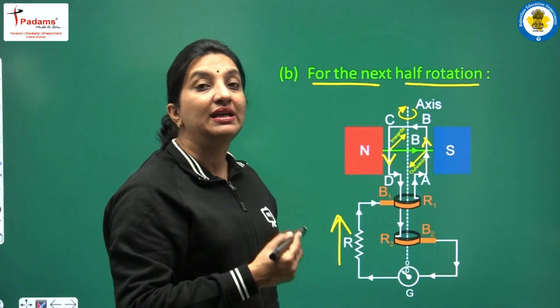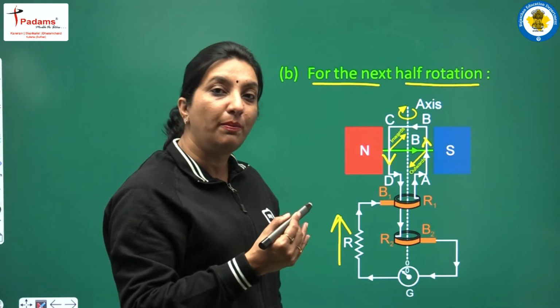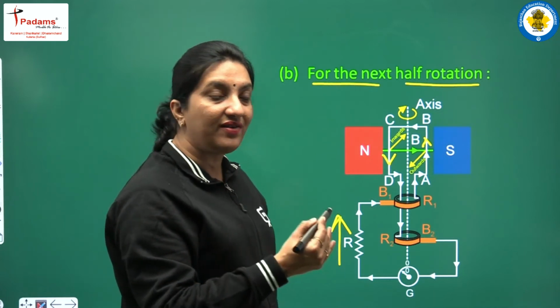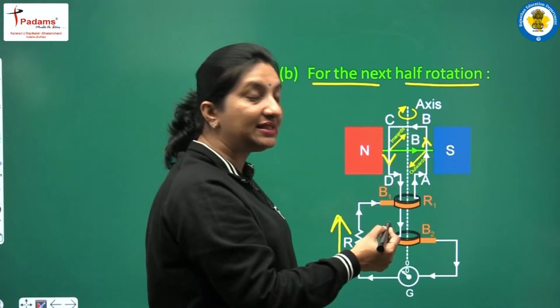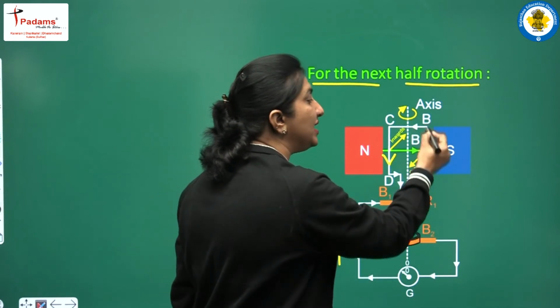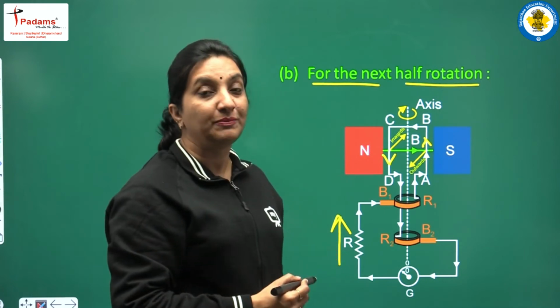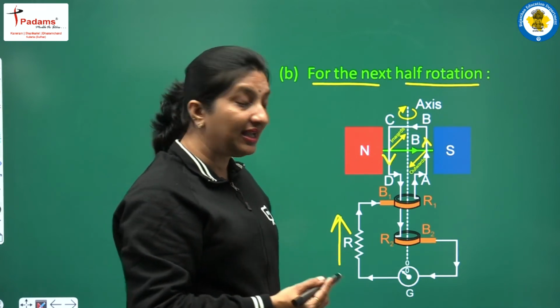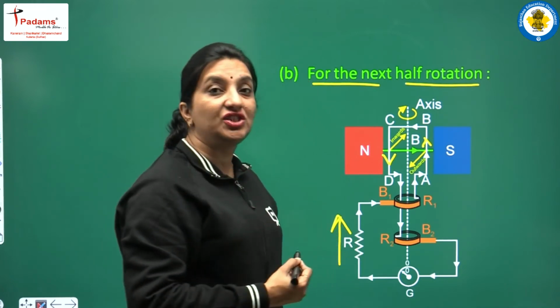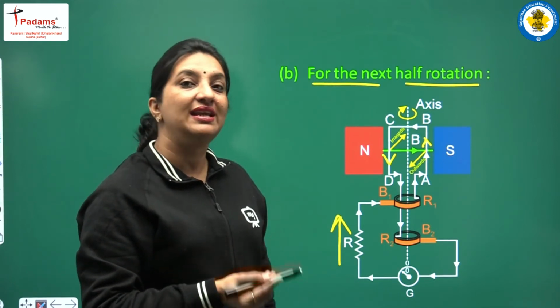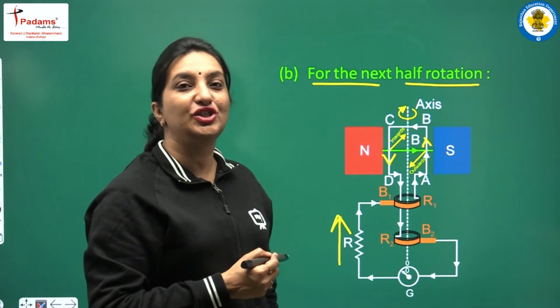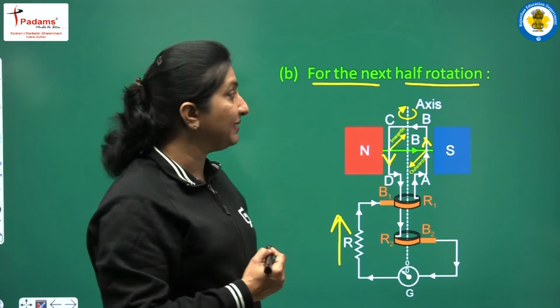अब जो B1 ब्रश है जो कि R1 रिंग के साथ कनेक्टेड है, या यूं कह लीजिए कि B1 ब्रश जो है वो R1 रिंग के साथ प्रेस किया हुआ है, और R1 रिंग जो है वो AB आर्म के साथ कनेक्टेड थी, तो यहां से करंट इस तरीके से फ्लो होगा। सो स्टूडेंट्स हम यहाँ पे क्या देखते हैं कि करंट की डायरेक्शन एक्सटर्नल सर्किट के अंदर रिवर्स हो गई है। जैसे ही हाफ रोटेशन हुआ करंट की डायरेक्शन रिवर्स हो गई है।